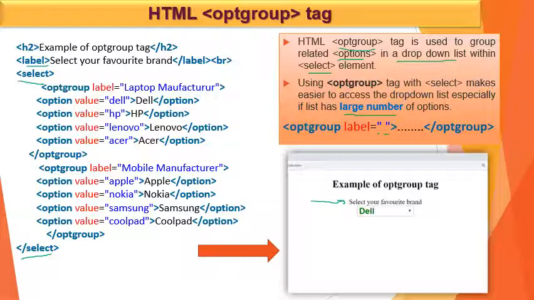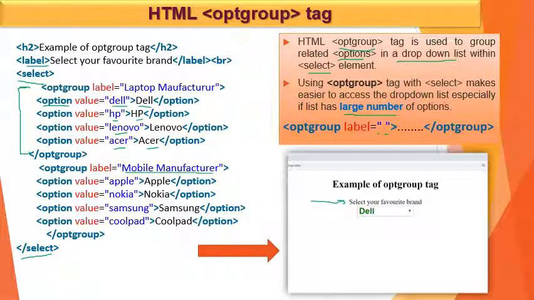The first opt group is given here with the laptop manufacturer, which is ended here, and it has four different values, that is Dell, HP, Lenovo and Acer. These all values are given in the option tag, and the captions are Dell, HP, Lenovo and Acer. That will be ended with end option. Now this is one slot which is displayed as a group, and another opt group is also given with